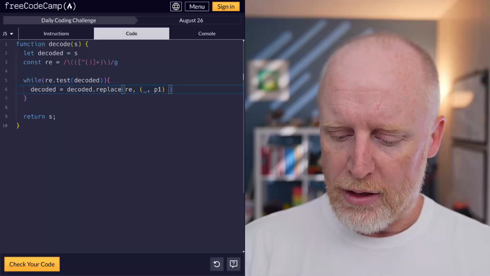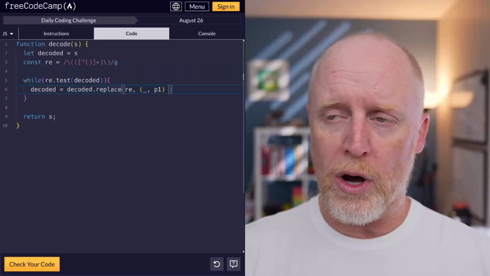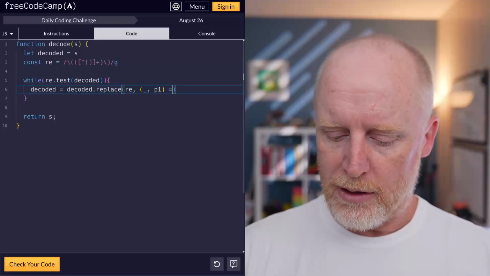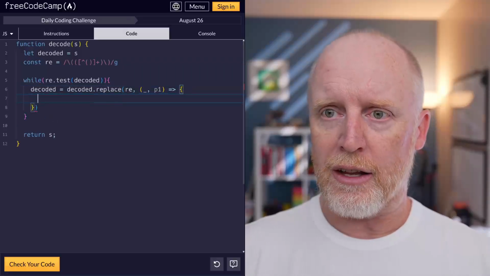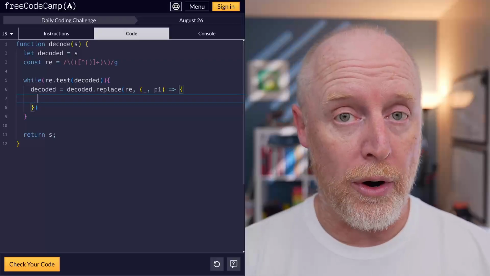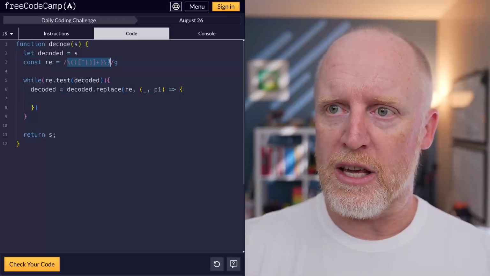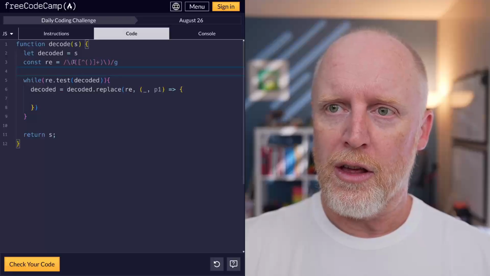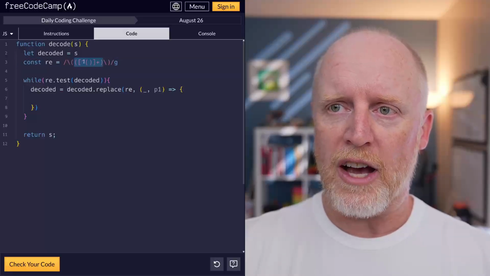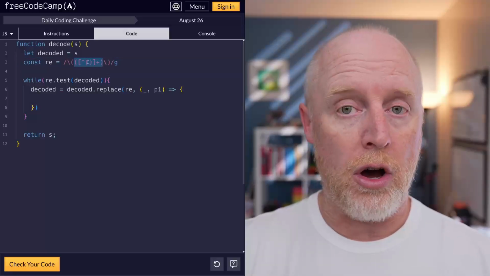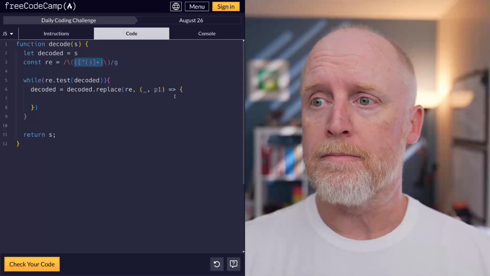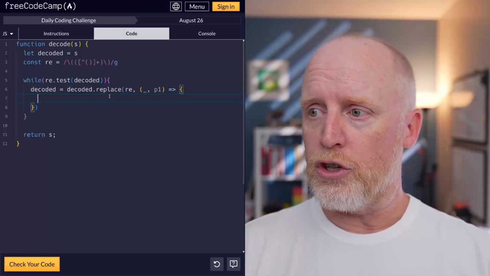With that group 1 here, we've already removed our parentheses, right? Think about it. The whole match would be everything including the parentheses, but we only care about what's inside, which is anything that is not parentheses, okay? Which means that we should return